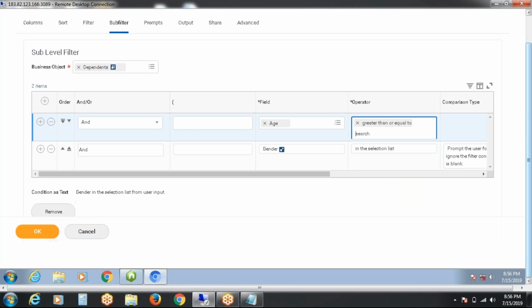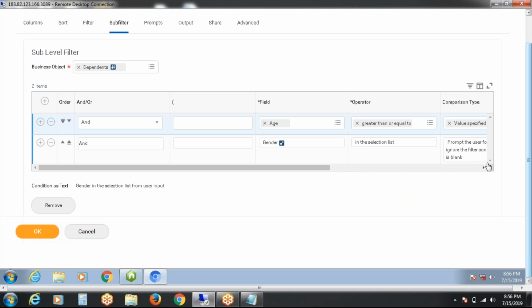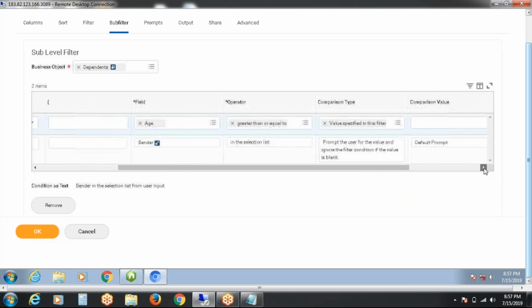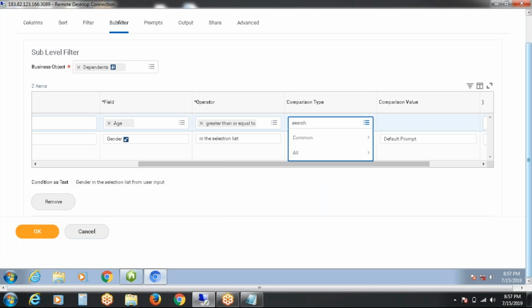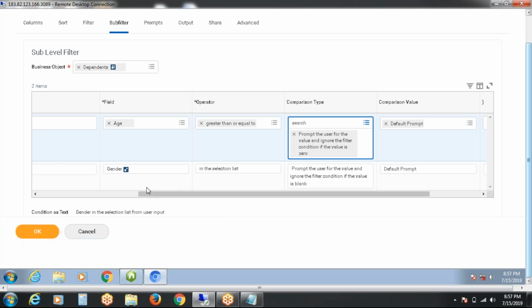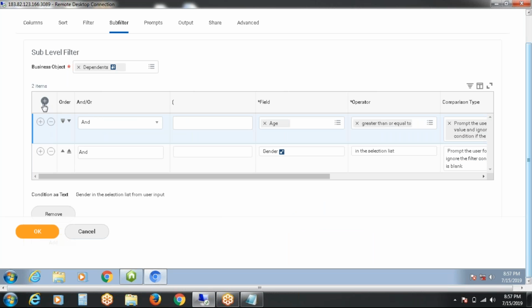Greater than or equal to, the comparison value is 0. Or you can select prompt the user for the value. So anytime you can give the options while running the report. So I am going to select soft prompt, 0 to 55 or 60.